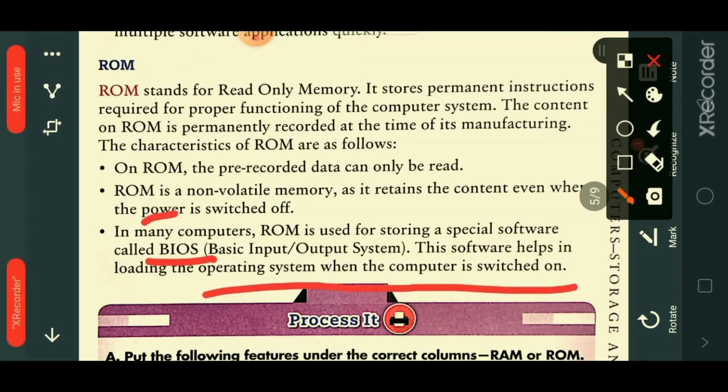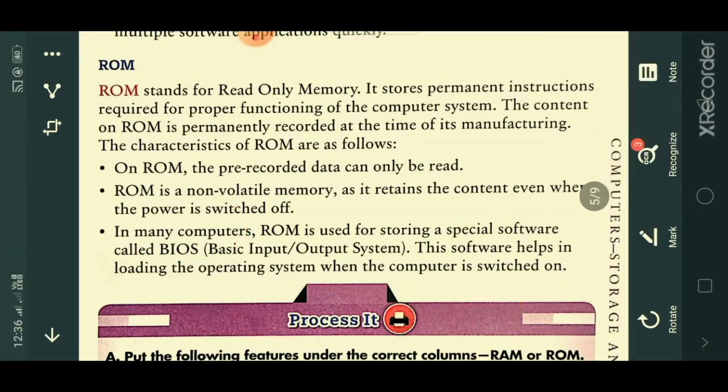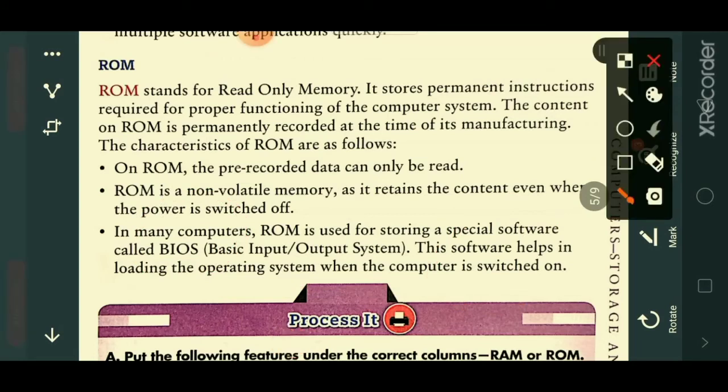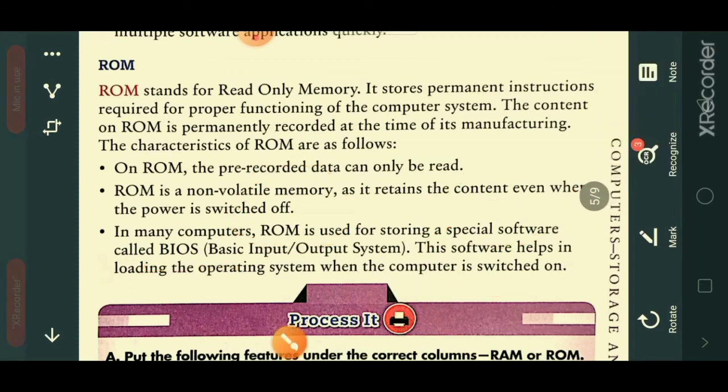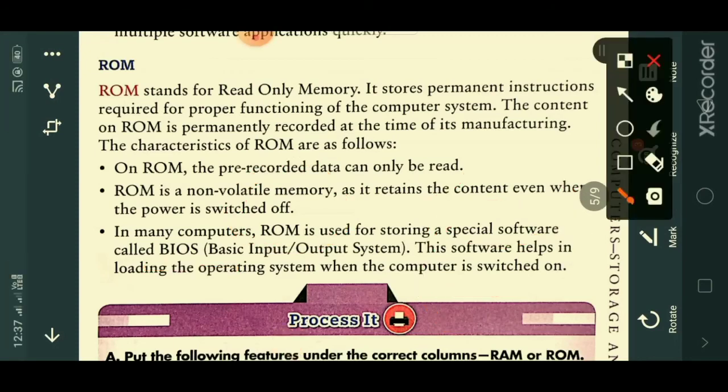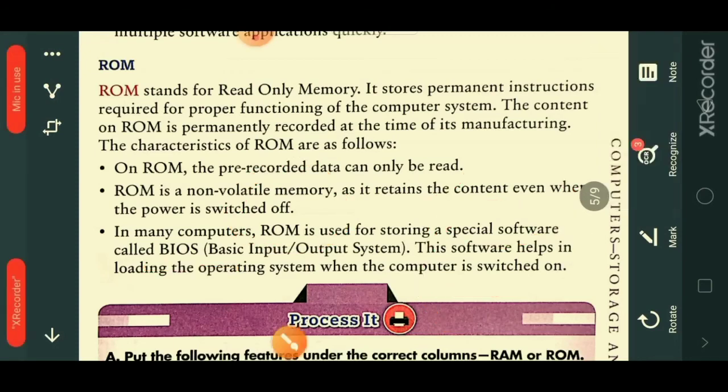Once you install the special software BIOS, it is stored inside the ROM. This software loads your operating system when your computer system is switched on. So these are the characteristics of your ROM.